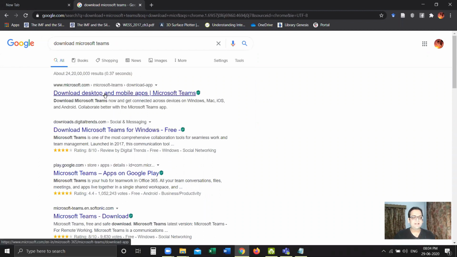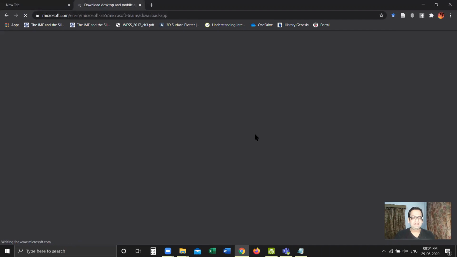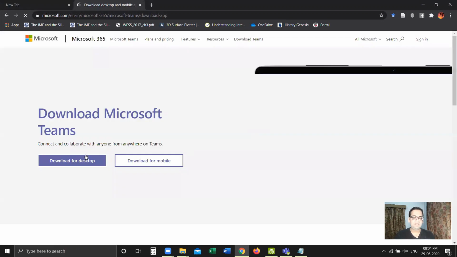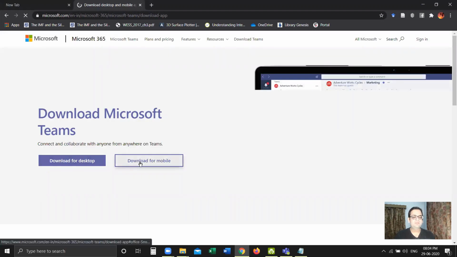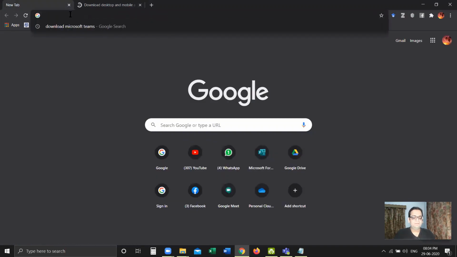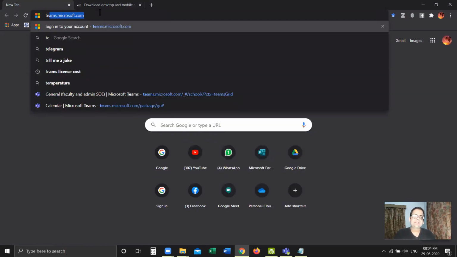The first link which says download desktop and mobile app by Microsoft Teams can be clicked and students will have the option to download the desktop application or the mobile application directly from this website, which can be used for setting up their account. For now, I will go to the web application of Teams and set up the account there.